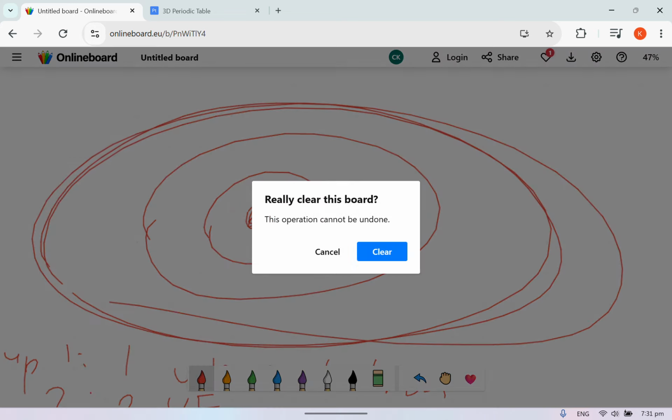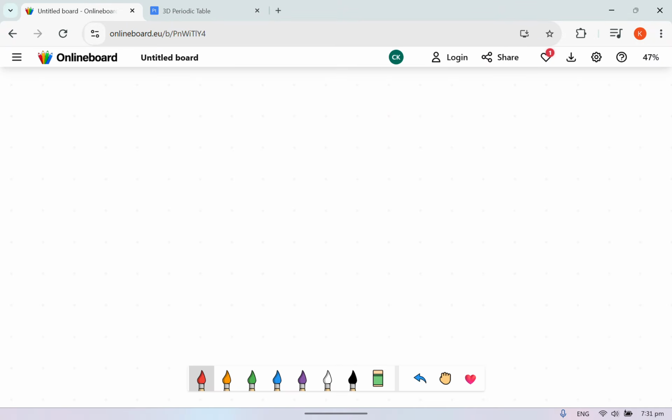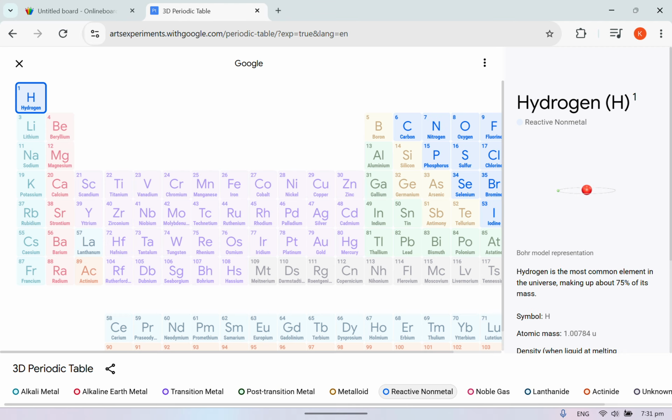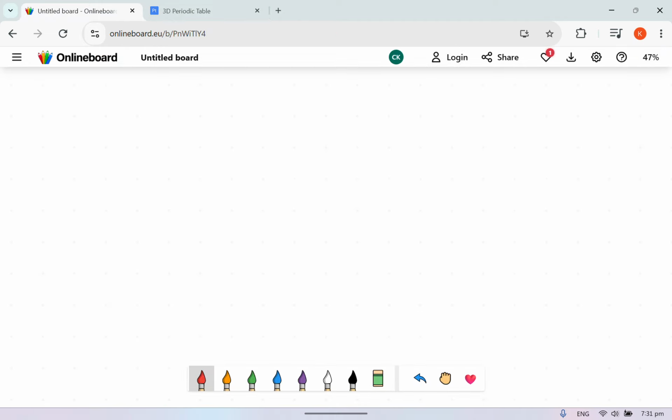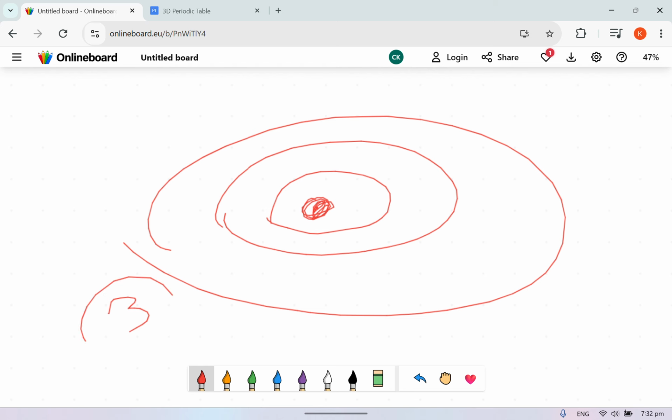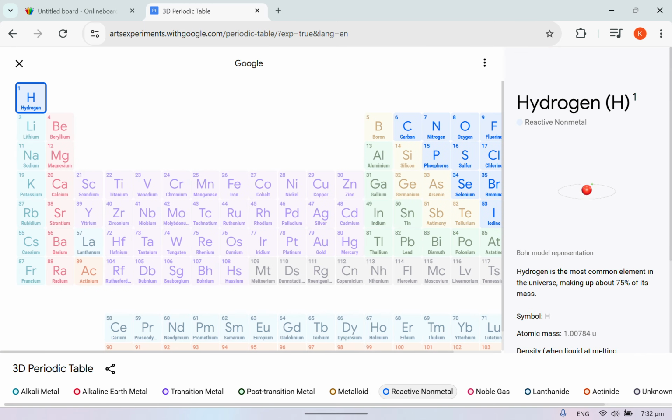Now that we know that, you'll probably ask me, how many shells are there anyway? But firstly, let me talk about the groups. All these elements in group 1 have one valence electron, group 2 has two, group 13 has 3, 4, 5. How many valence electrons? That's very easy. Now, these periods. The period corresponds to how many electron shells. Here you can see there are 3 electron shells. So whichever element I'm drawing is definitely in period 3.